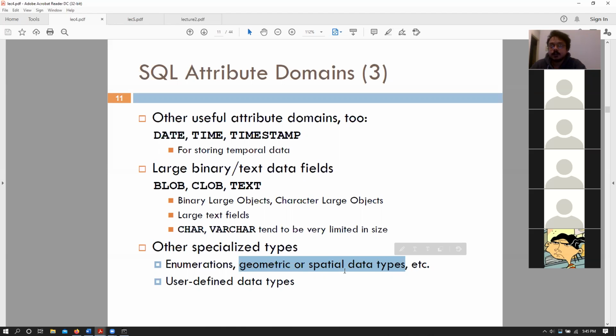So for example, if you're designing an app that shows the amount of traffic at each junction, you would use a geospatial data type that would actually store the number of cars at a particular location. Okay.